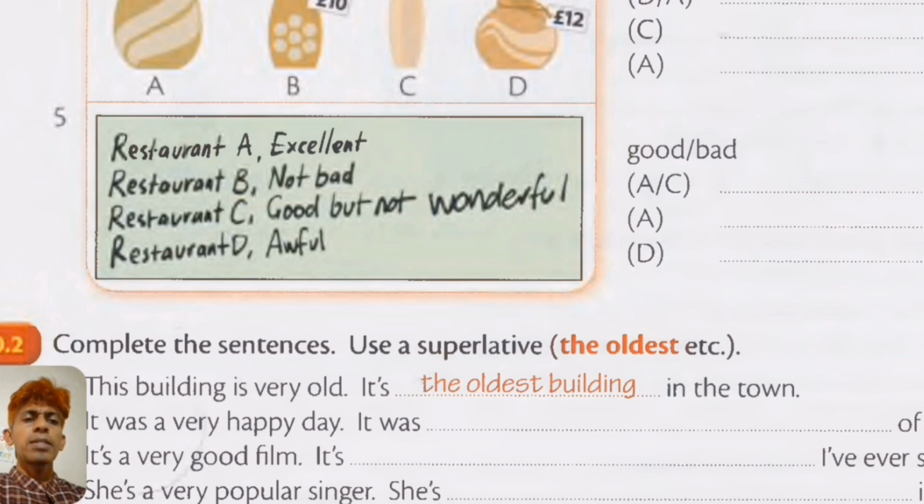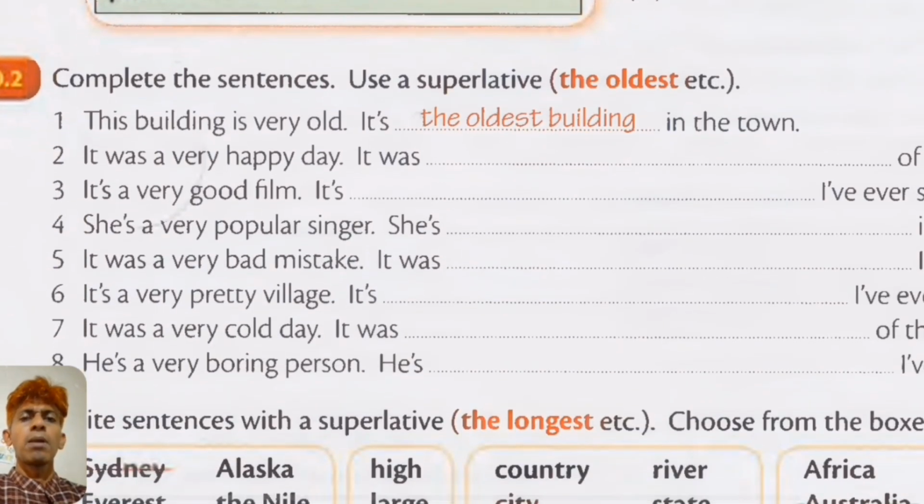Next one, A is the best. Okay, D is the worst. Okay,